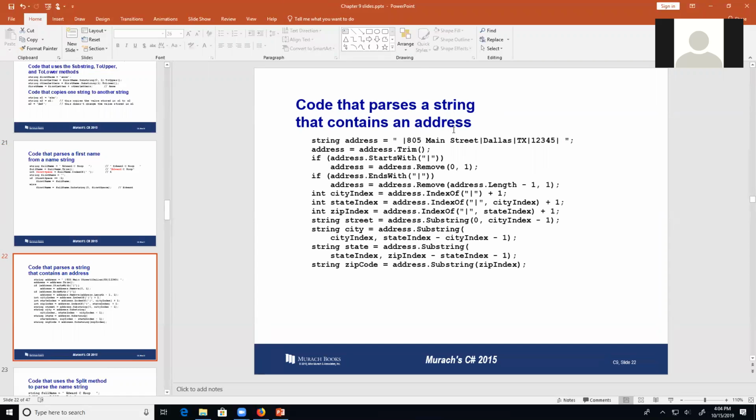Here's code that parses a string that contains an address. So here's an address, and the fields of the address are separated by these vertical bars. Often the fields of an address are separated by a tab character, or by a comma character. In this example, they're separated by a vertical bar. So what we want to do